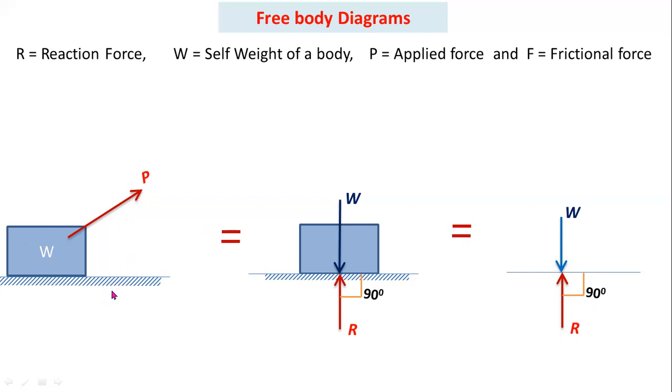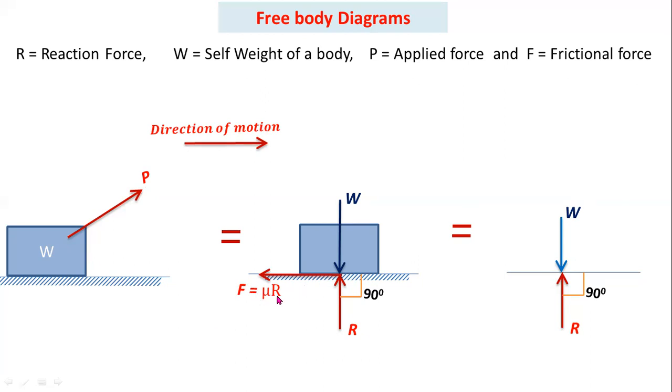For rough surfaces you have to consider friction force. So already we know that the direction of a friction force always acts opposite to the direction of motion. Here this is the direction of motion. When you are applying a pulling force, the block will move in the right side direction. Then the friction force acts like this. This friction force is always parallel to the surface, parallel to the support.